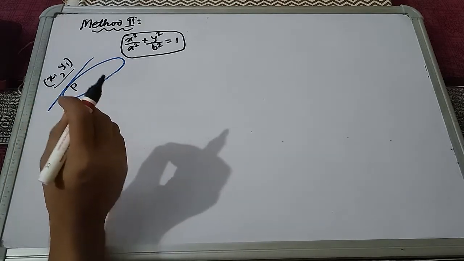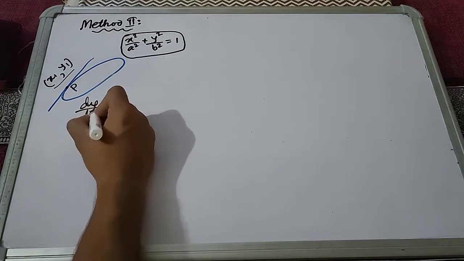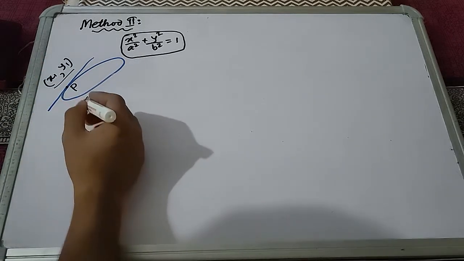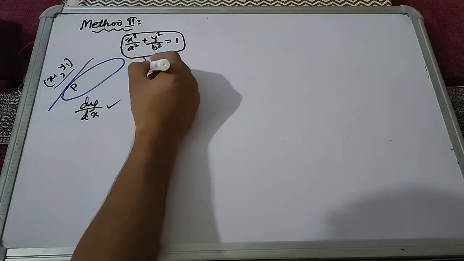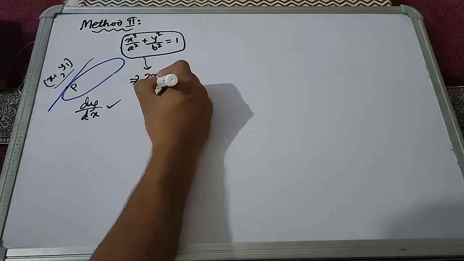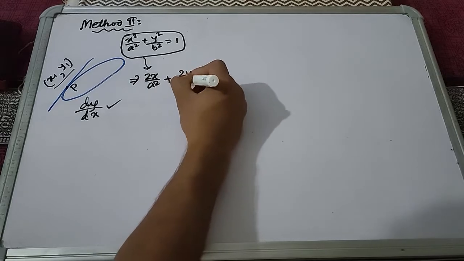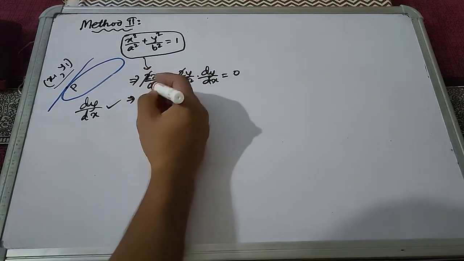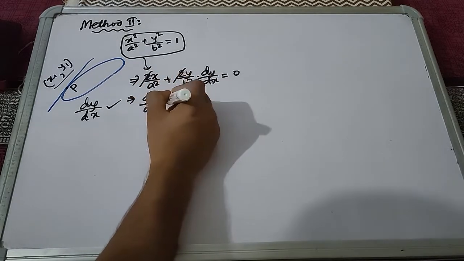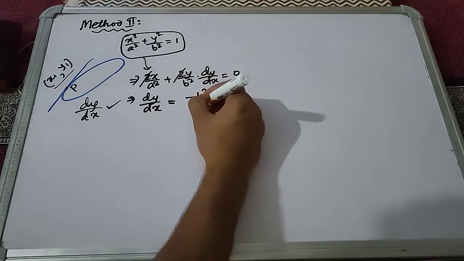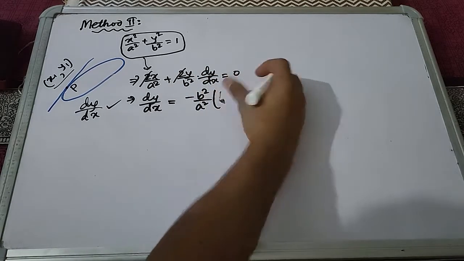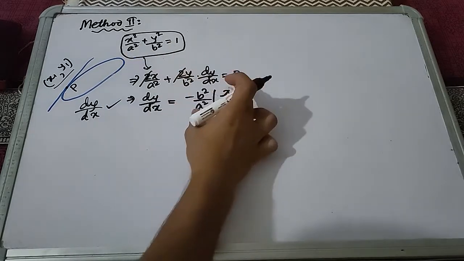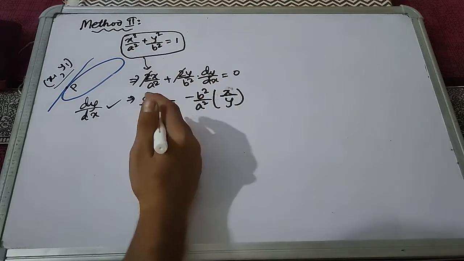What is the slope? dy by dx actually gives us the slope at any point in a curve. So let us differentiate this equation with respect to x. This becomes 2x by a square plus, using chain rule, 2y by b square dy by dx equals to 0. If you cancel 2 and 2, this becomes dy by dx equals to minus of b square by a square into x by y, because this thing goes here and then we cross multiply and this is your dy by dx.